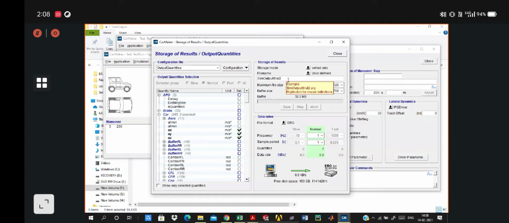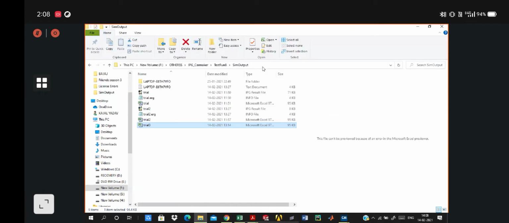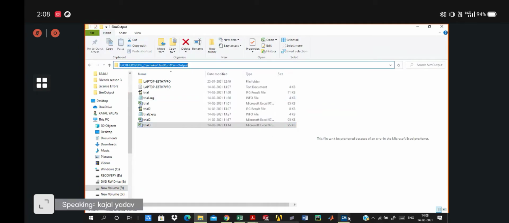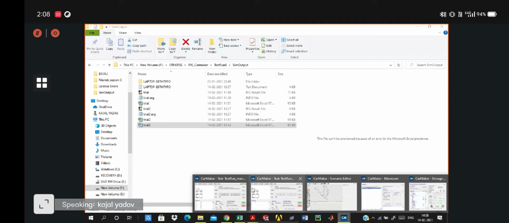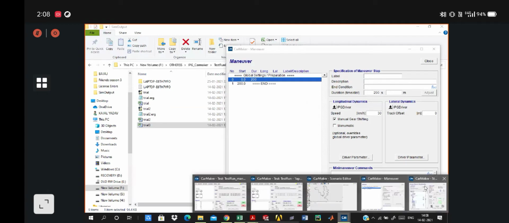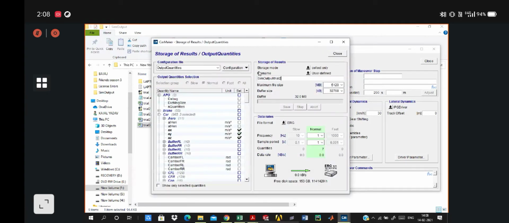I just need to go to the address, copy it, and paste it in the output quantities. So you can give the name of your file.